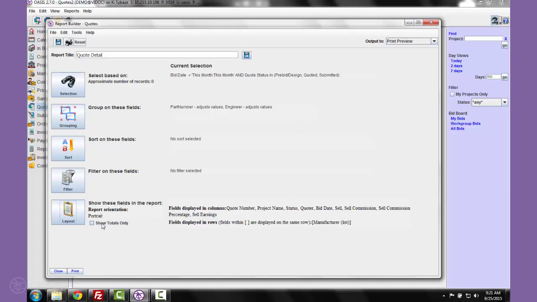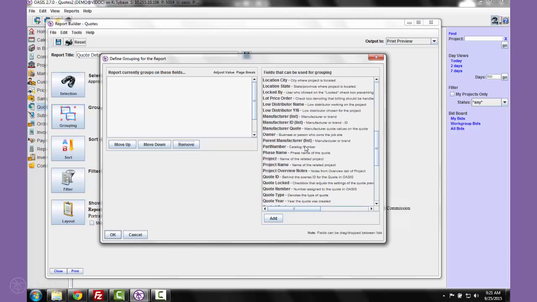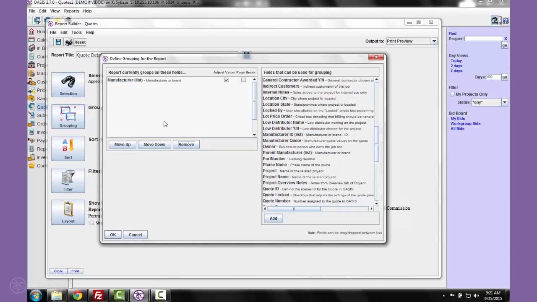Finally, you have the feature to show totals only, and that is if you don't want to see the individual lines or quotes in this case, you just want to see the totals. So I'm grouping by, let me adjust this, grouping by manufacturer,